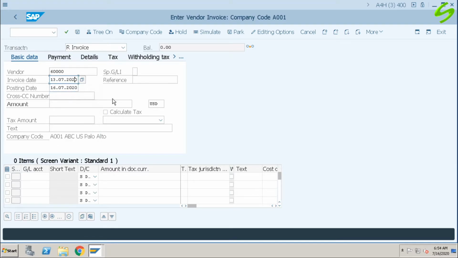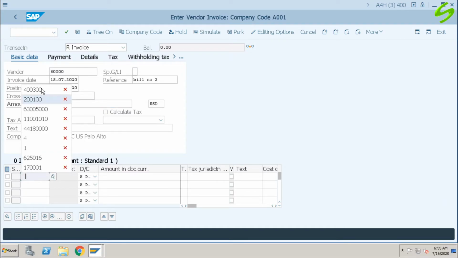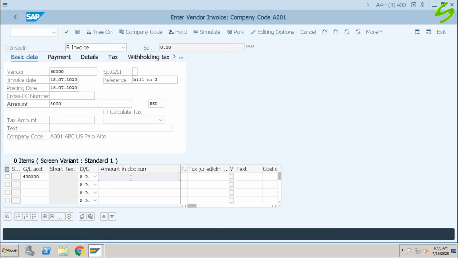Let's give a date 15, reference, bill number 3 for example, amount 3000, GL account 400, 300, 3000. Let's click on payment tab.